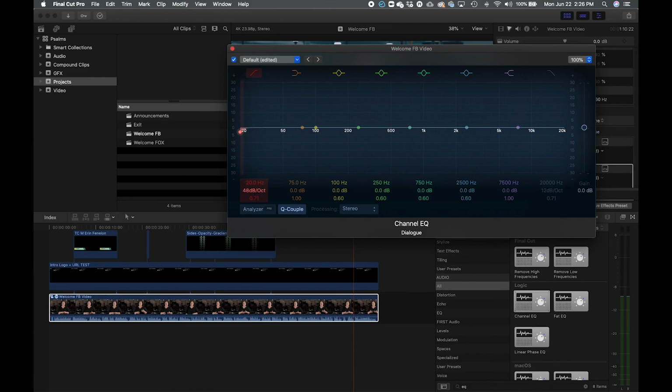This right here, 24 dB, what we're going to do is increase that to the max. So it's going to be 48 dB. And we want to increase it from 20 Hz to right about